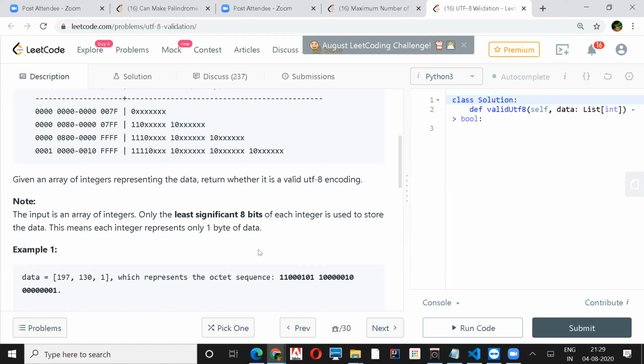I think that check needs to be done before starting, that if the decimal number is more than 2 raised to power 8 or something, then we'll not be moving further. So we just have to take care of 8 bits, right?